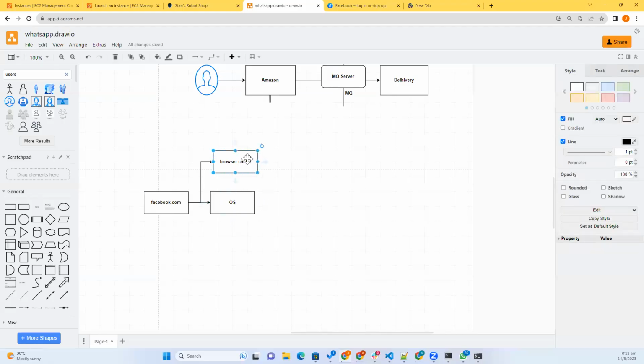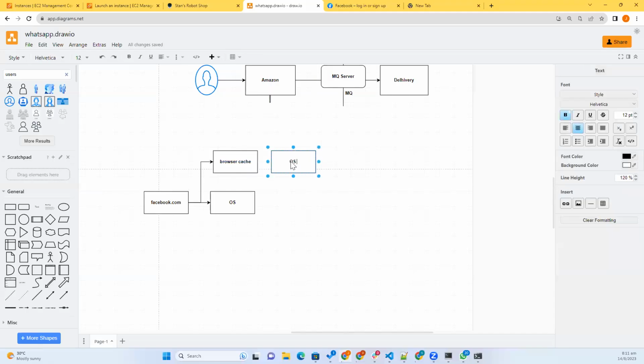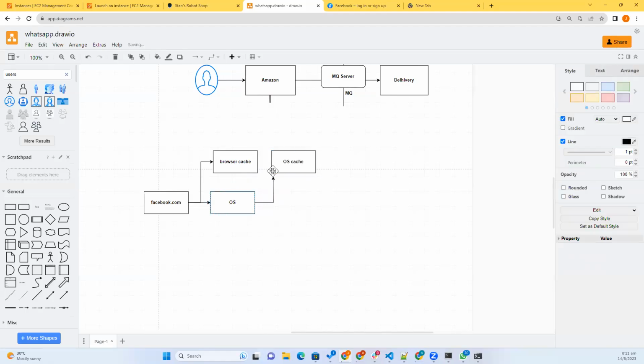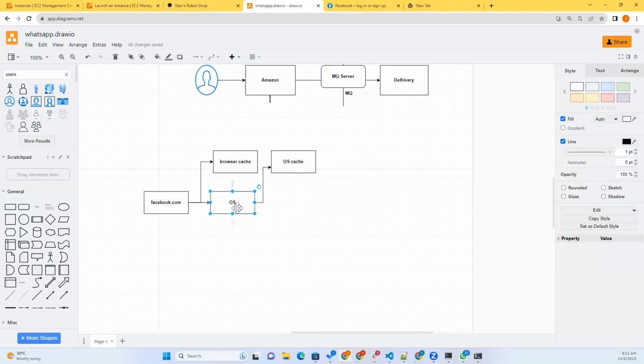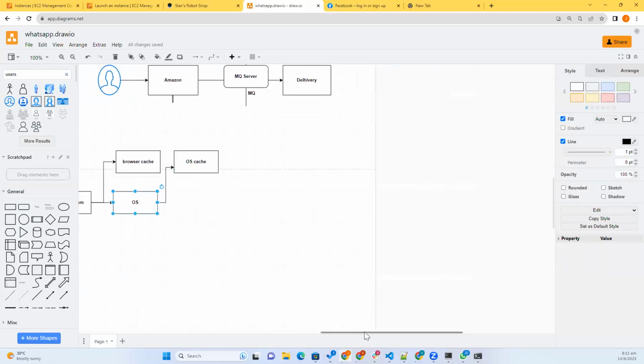The OS also has some cache, that is the OS cache. Then the OS will contact the OS cache: do you have the IP address for facebook.com? But this is the first time, so definitely they don't have any cache. Then it is the OS's responsibility to fetch the IP address of the